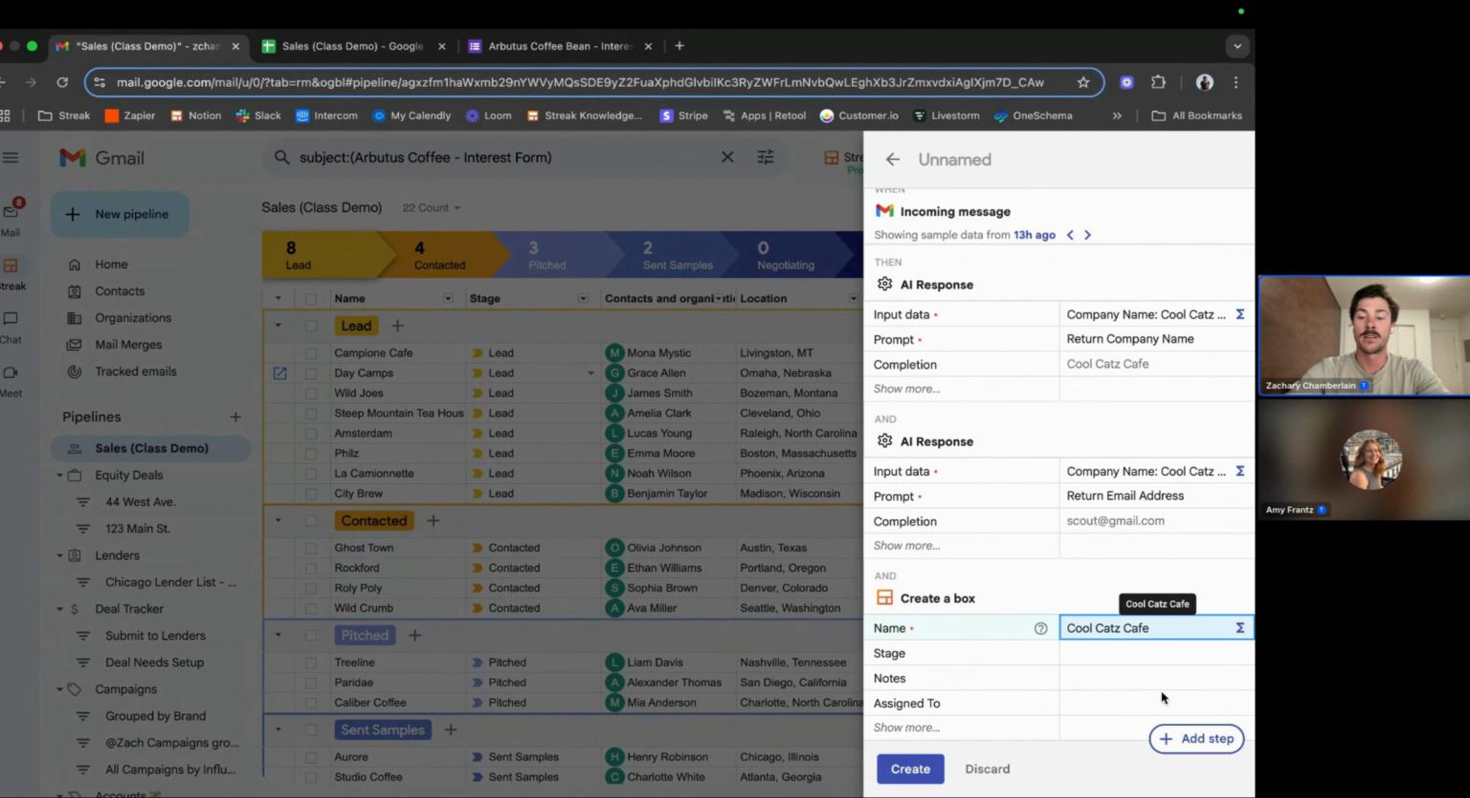Then I'll walk through that once more with the contact action step. So I want to also add a contact to the box. And here are all of the contact fields. I want to be able to create a contact with that email address. So if I double click into the email cell, I know that the AI response action step that returned the email was the second one here. So I'm going to select that. And then I want to return the completion, which is that email address